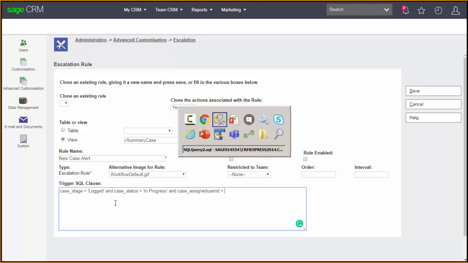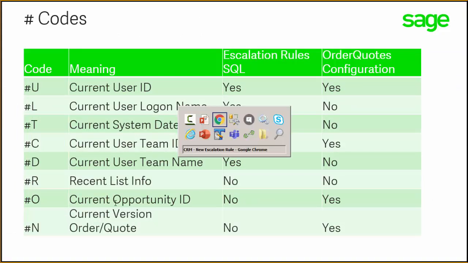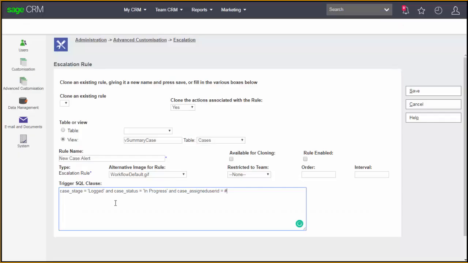We've seen that we can use these merge codes. Hash U is the current user ID. And we want the notification time to be less than now as well. So I can say case notify time is less than,